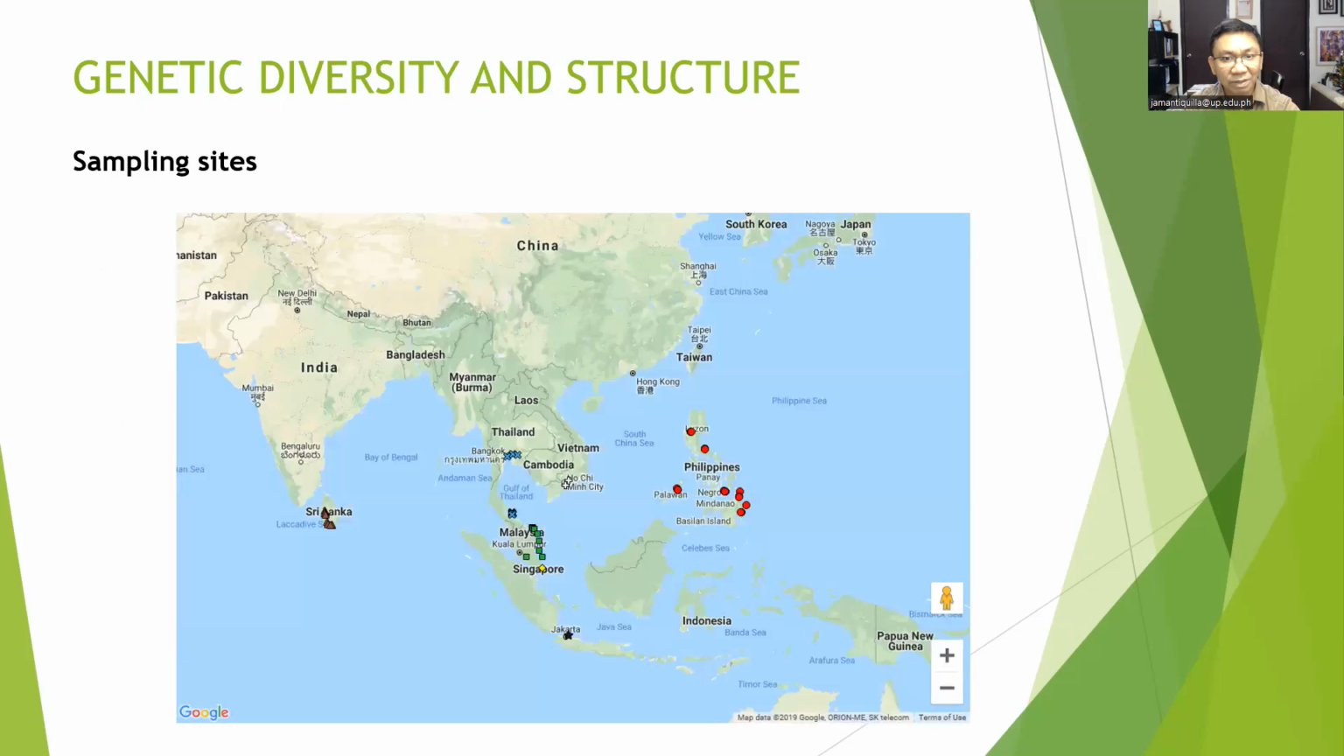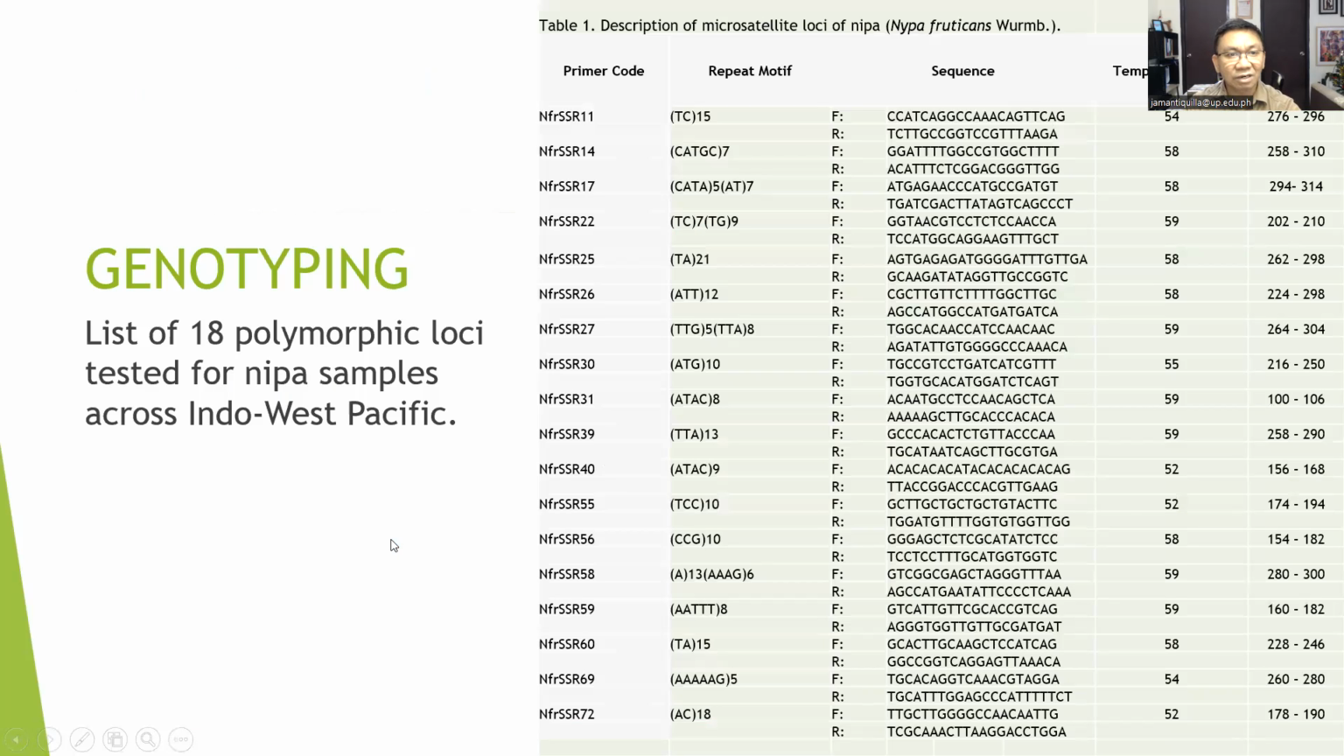So these are our sampling sites in the region. We have the Philippines, mainland Southeast Asia, consisting of Indochina and the Malay Peninsula, Indonesia, and lastly, Sri Lanka. So these are the 18 polymorphic SSR loci that we used to evaluate the 445 Nipa samples that we collected